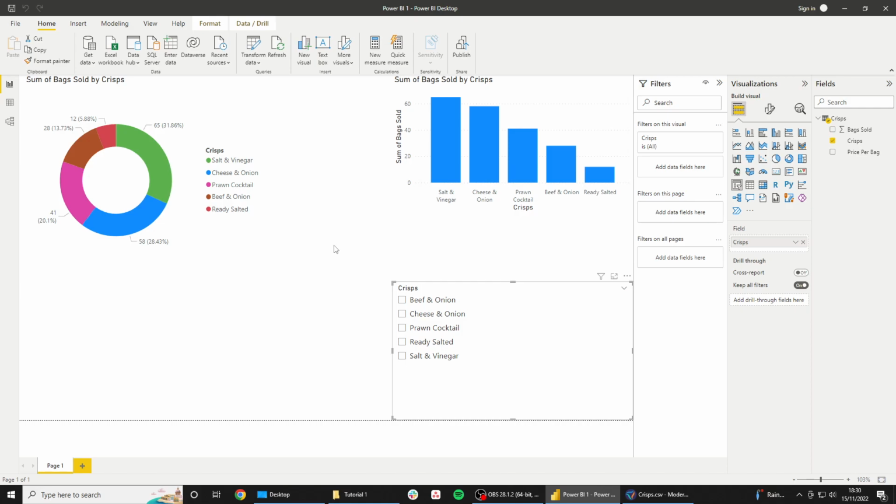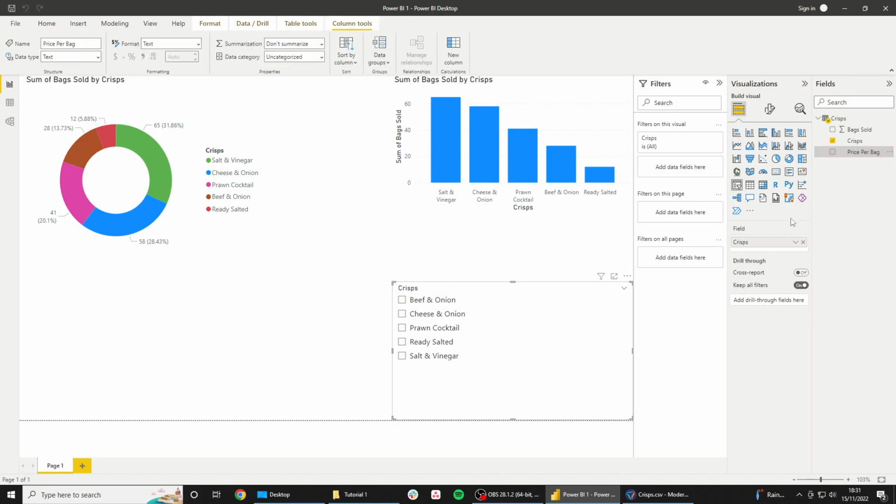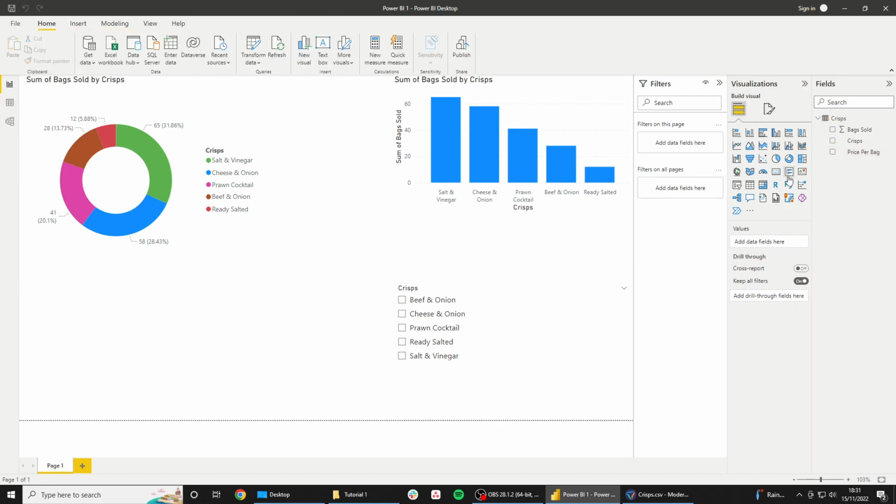So we now have 3 bits of information that we can generate reports on. We've got the number of bags sold, the flavour of crisp, and the price per bag. Now, let's add in a table just so you can see the raw data. You can see the raw data if you click on here,